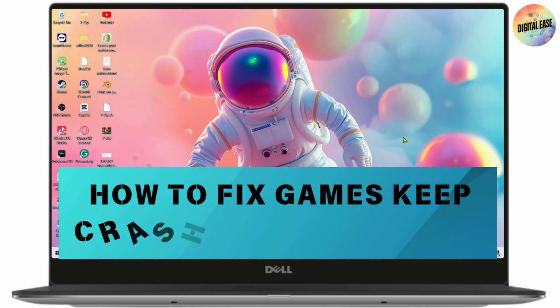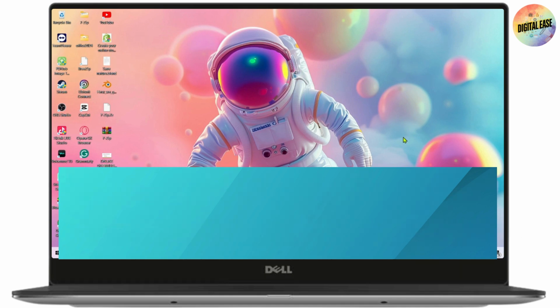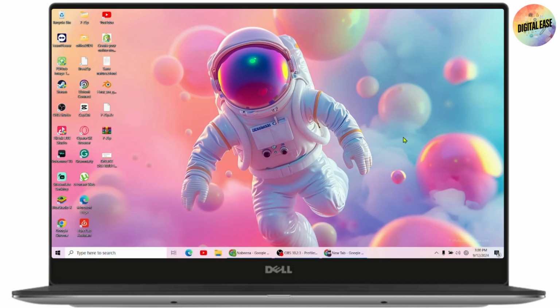How to fix games keep crashing on Windows 11. So if you want to fix the games keep crashing on Windows 11, then what you need to do is